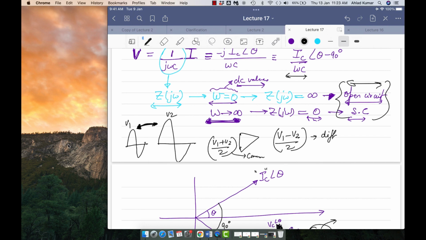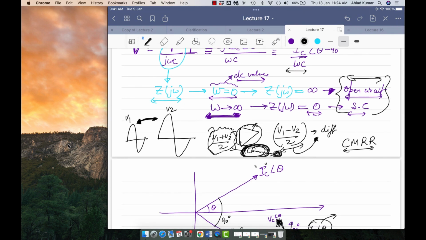So by the name, common mode rejection ratio, what it means is this operational amplifier tries to make this common mode signal go to 0. It never amplifies this common mode signal, to be precise. It does not care about this signal. It only cares about this signal, and it amplifies this signal only. So our operational amplifiers are basically made in such a way that they amplify the difference of the two signals rather than the average of the two signals.